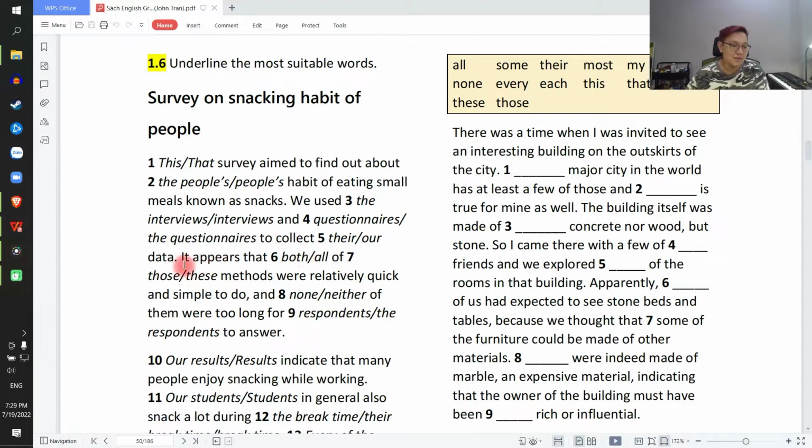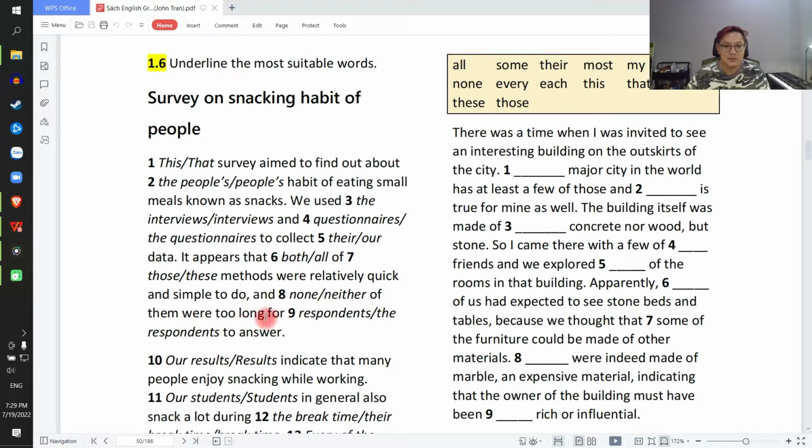To collect their data. Number 6, it appears that both of these methods, because these here refer to interviews and questionnaires that we use, right? So it's very near. We use these instead of those. Hai cái phương pháp mà mình vừa nói đến ở câu trước này và nó rất là gần, cho nên chúng ta sử dụng these methods chứ không dùng those methods. It appears that both of these methods were relatively quick and simple to do, and neither of them were too long,